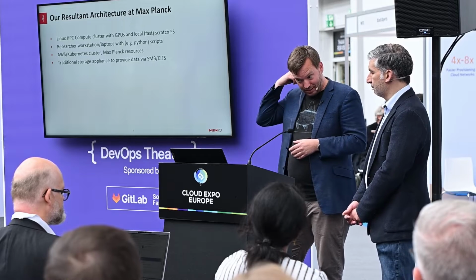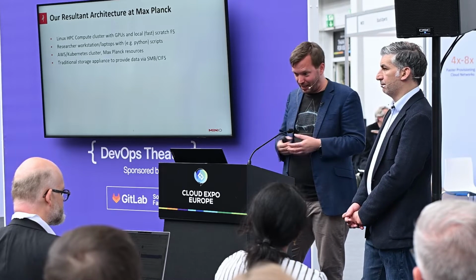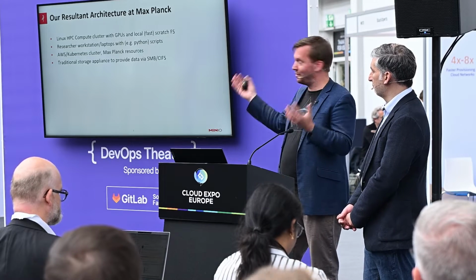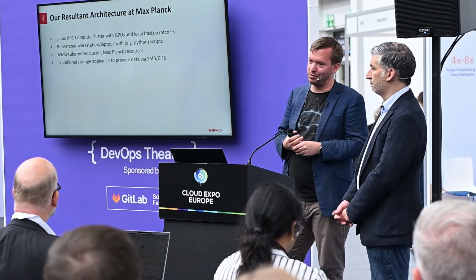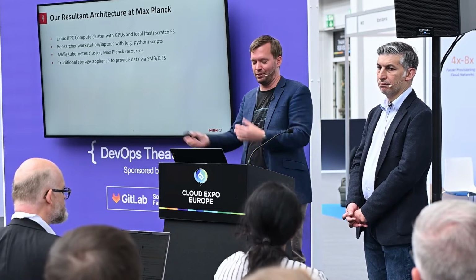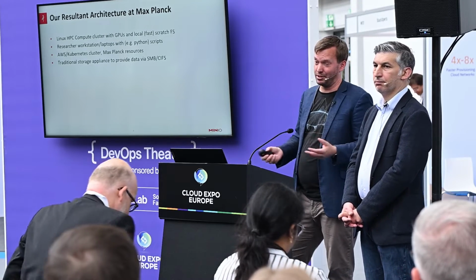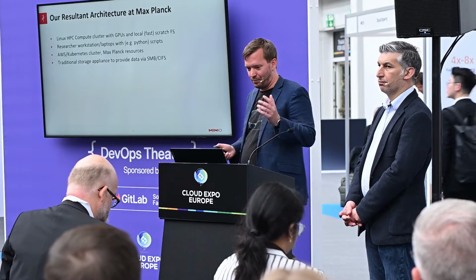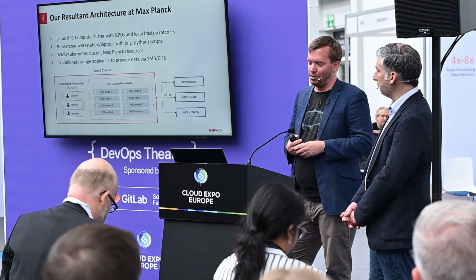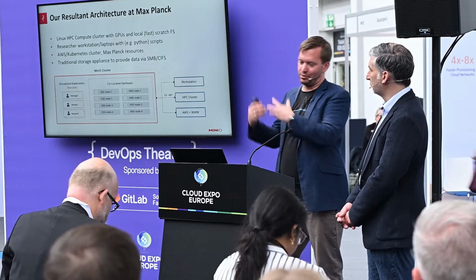And of course, the traditional storage application, which is Dell Isilon, only exports Samba and CIFS, and with all the above, with all the different resources used, it's pretty hard to get the data from the storage to the different resources, right? So that's the backstory, and we came up last year with the solution to move to the next level of storage with MinIO,